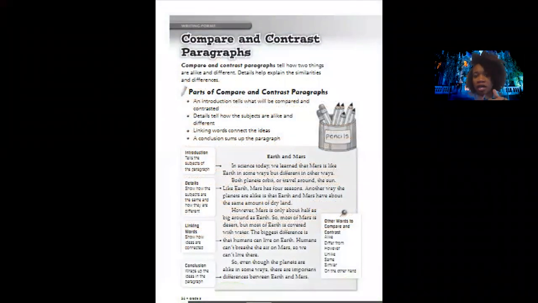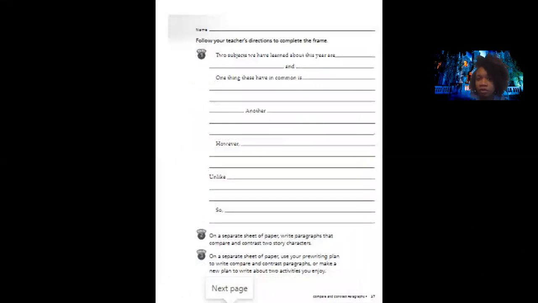All right, then you have compare and contrast help that they have supplied for you. So it's telling you about comparing and contrasting and putting it together. I have asked you to separate, but the big thing that I want you to take away from this is the verbiage that they give you for when you're writing. So notice it says 2 subjects we have learned about this year are blank and blank. One thing these have in common is,